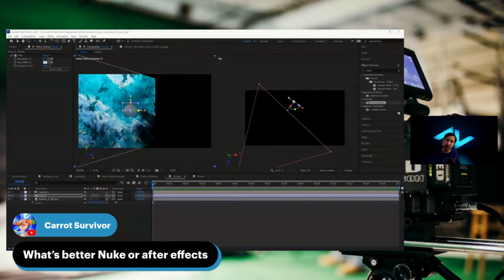That's awesome. So Nuke and After Effects are software, they're tools, and I personally don't believe that there's one tool that is better than the other. I think each tool has its own purposes, its own pros and cons, and it's really based on the project, how you're going to use it, and the kind of workflow that you prefer. So the major difference between Nuke and After Effects is that After Effects is a layer-based